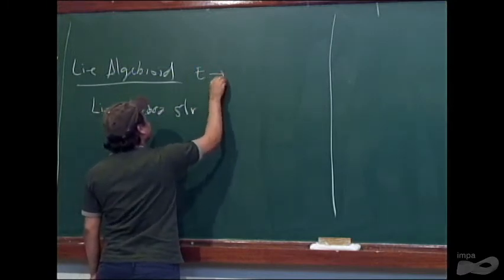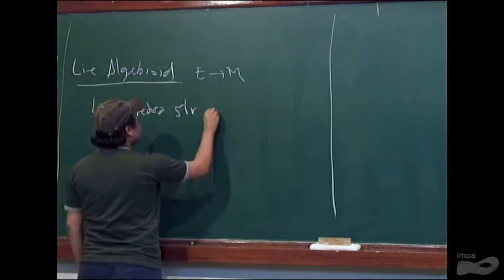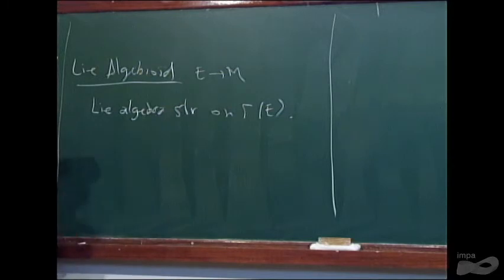So we start with a vector bundle E, and you have a Lie algebra structure on Γ(E), the sections of the vector bundle E, and it's assumed that it satisfies